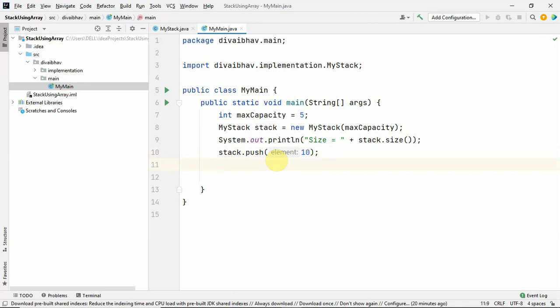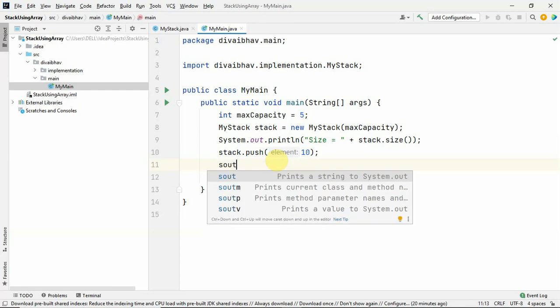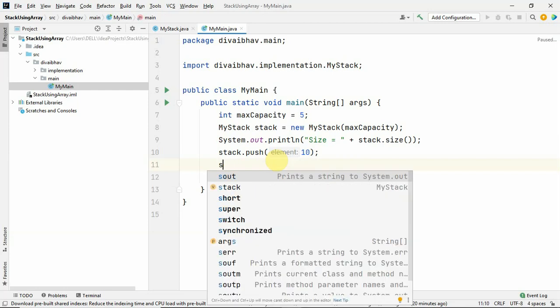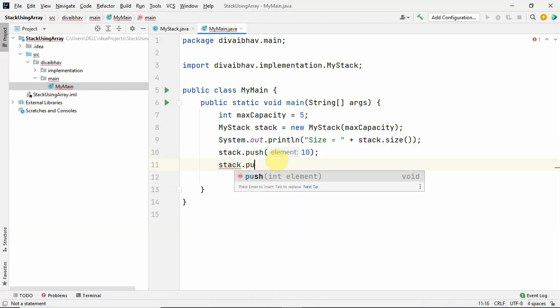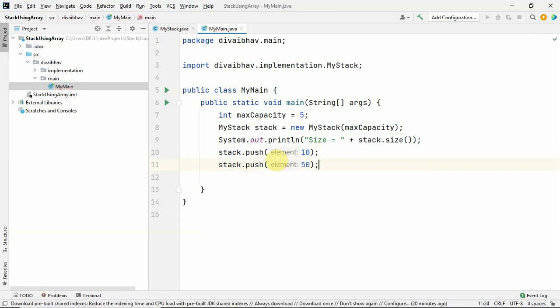So we are going to push one more element, that is 50, I'll say. Now which element is currently at the top? I want to see that, so I will use the peek method.